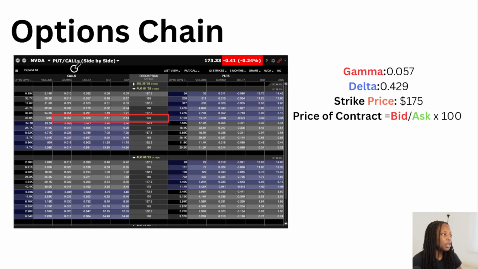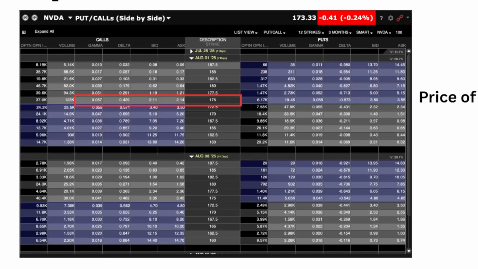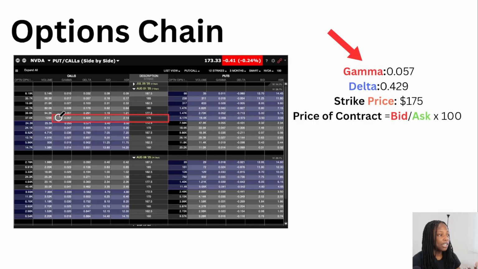Here is the option chain in Interactive Brokers. You have calls on your left and puts on your right. In this example, I will be going over the Greeks for the 175 NVIDIA calls. Here you have the gamma, the delta, and the bid and the ask of the option contract that you're trying to buy. The gamma here is